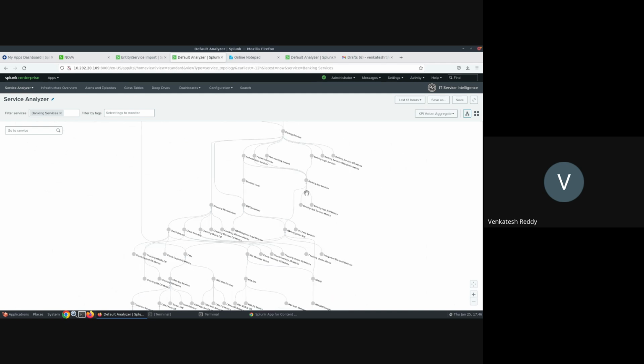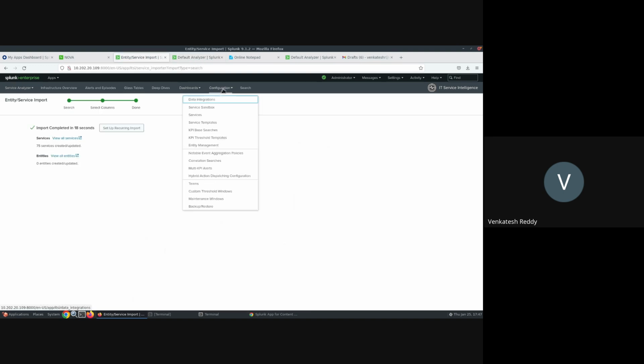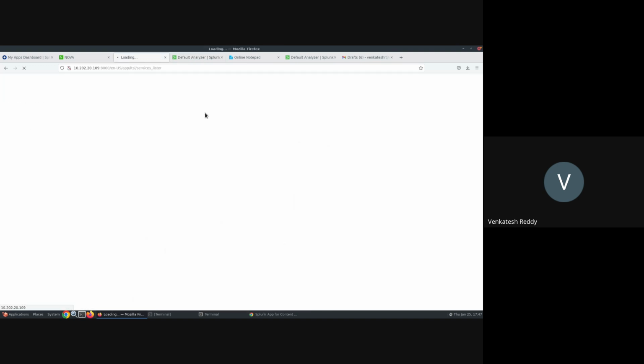So now, once you have these services, you can build all the KPIs and then add the entities to those KPIs. It's a simple thing. First thing is we need to get the architecture, like what services we have, what services are dependent on other services, and the importance of those services. So everything will be shown here. If I go to configuration, services,